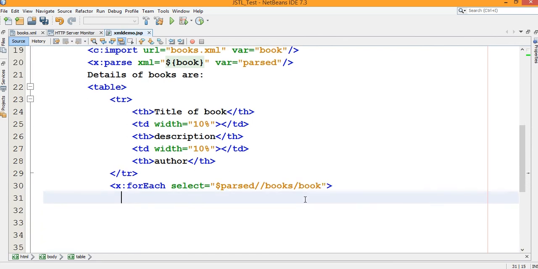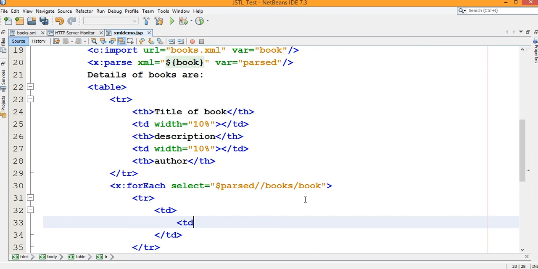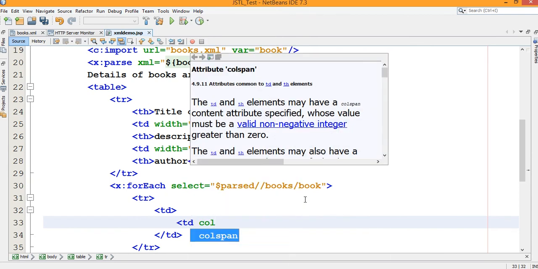Now within it I want to print every record, so tr. Now td. Now I am doing some colspan of it, right? So td colspan.